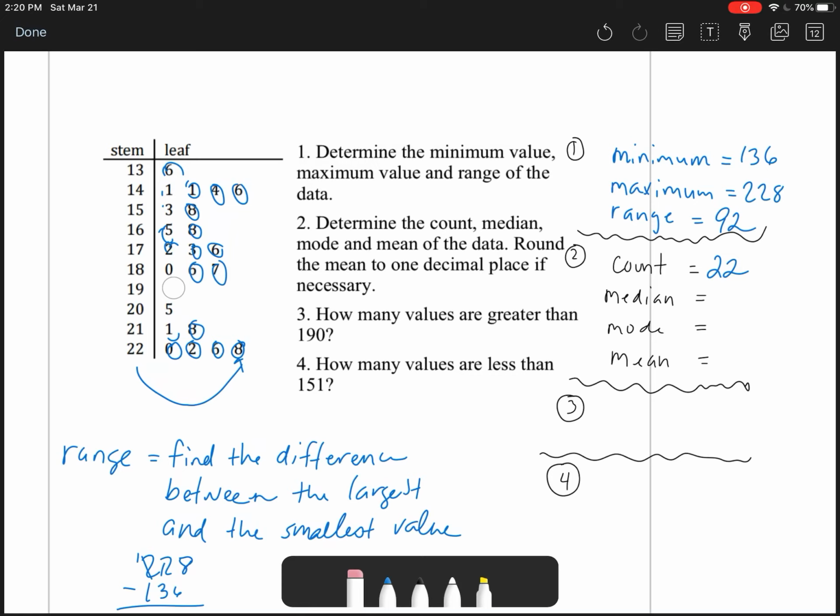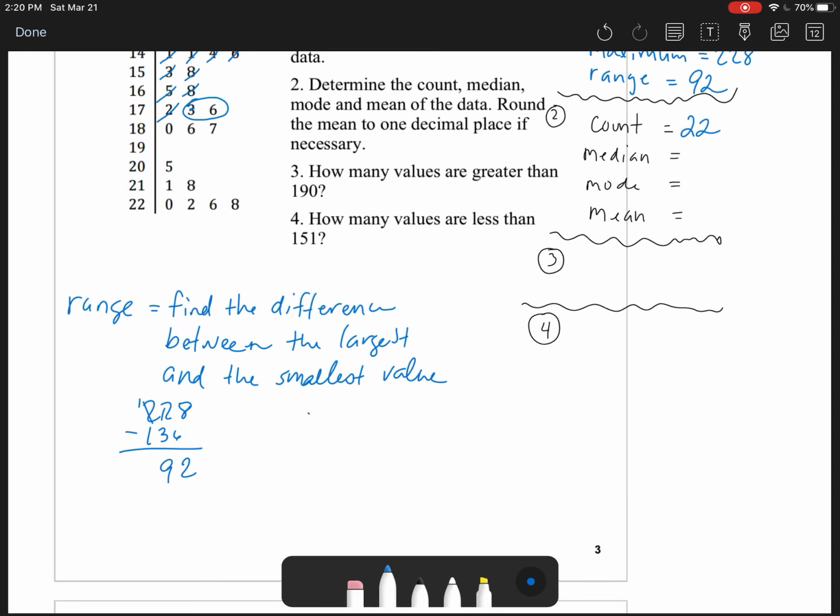The median, remember, is the middle number. Okay. And if we have 22 numbers all together, the median is going to be found in the middle of the 11th and the 12th. Okay. So we can start counting from here. 1, 2, 3, 4, 5, 6, 7, 8, 9, 10, 11. So the median is going to be in between the 11th and 12th number, which is going to be the 173 and 176. So let me just put that here. Median